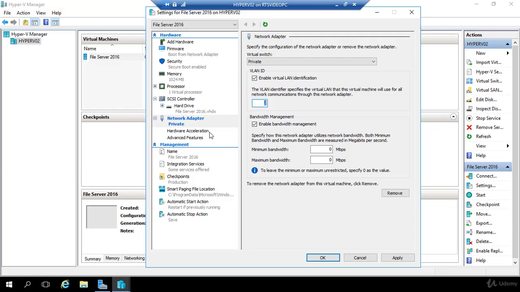Let's say in my environment, I have a lot of file servers, application servers, and I also have a telephony system that carries all my voice traffic. Well, it's pretty common that I want to separate voice traffic and data traffic. One way to do that is to build virtual LANs. It may be too costly to build out a separate physical LAN to carry different types of traffic, so instead